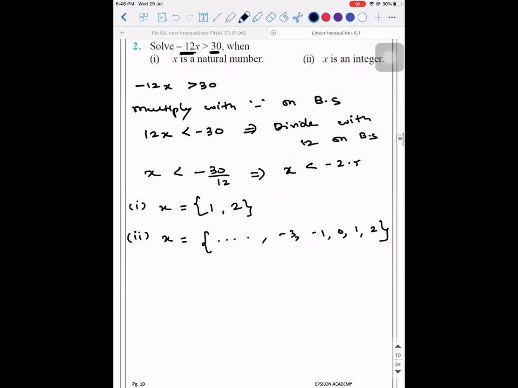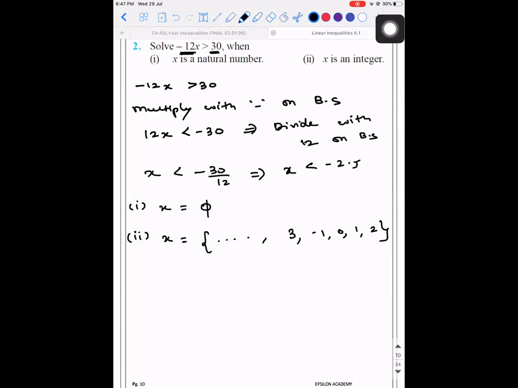Okay. Shall we move on to the next one? So for the first one, x is less than minus 2.5. We are now going to take negative. Oh, it's minus 2.5. Sorry, I took it as 2.5. So that means no 0, null set. There is no value of natural number that is possible. I missed this minus. Sorry. So it is minus 2.5. X is a null set.